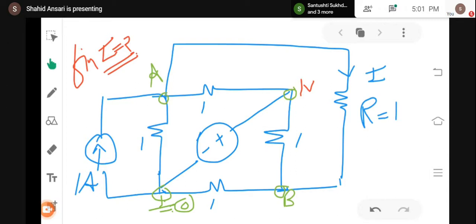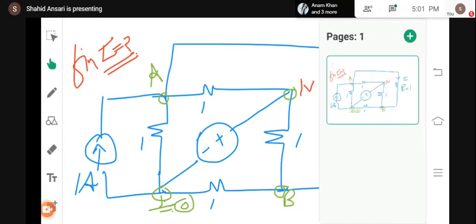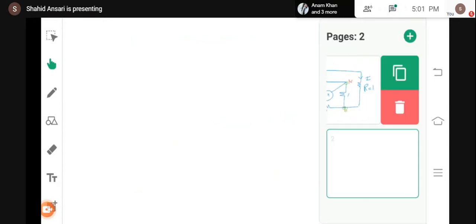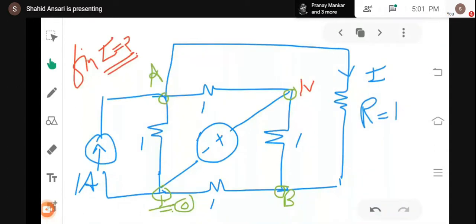We have two actual nodes, and this one is also a node, but the value of this particular node is known to us. So this cannot be considered an unknown node. So our unknown variables are only two: VA as well as VB. We can simply write the equations of VA and VB. From here we can draw two different equations: one by applying KCL at node A, another by applying KCL at node B. Now, how can we write down the equation of node A?